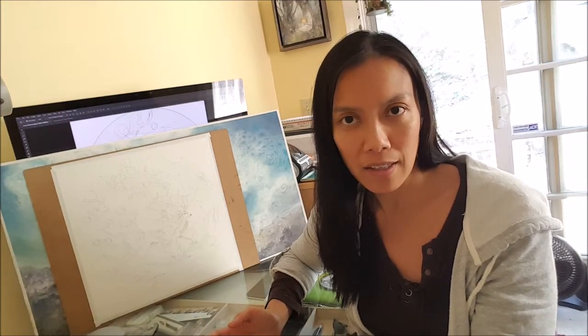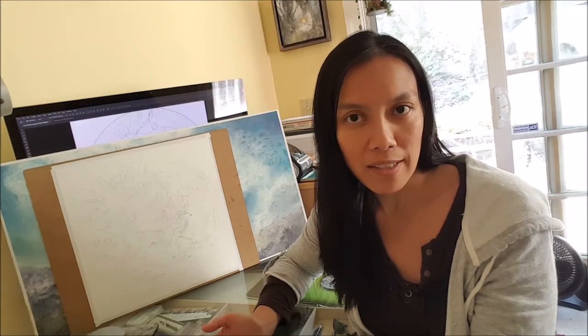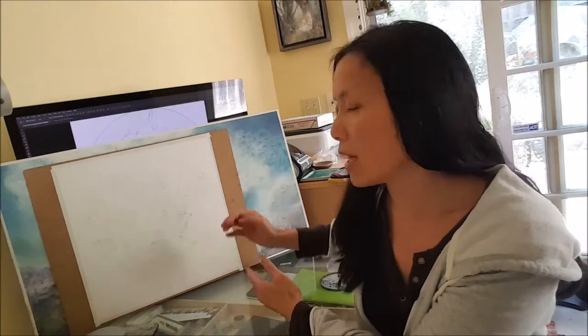You'll notice that the initial sketch that I had took very little time, as well as even the intermediary sketch which I used for transferring. Both of those were not where I devoted my energies. My final phase on the final painting surface was what actually took the longest time. And so if you look at it in that way, it's not really that difficult or time intensive of a